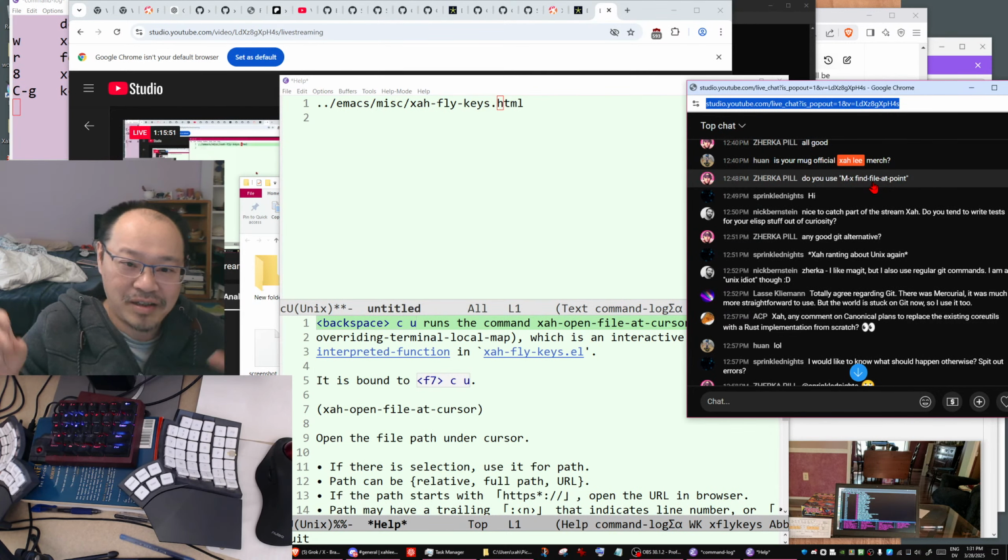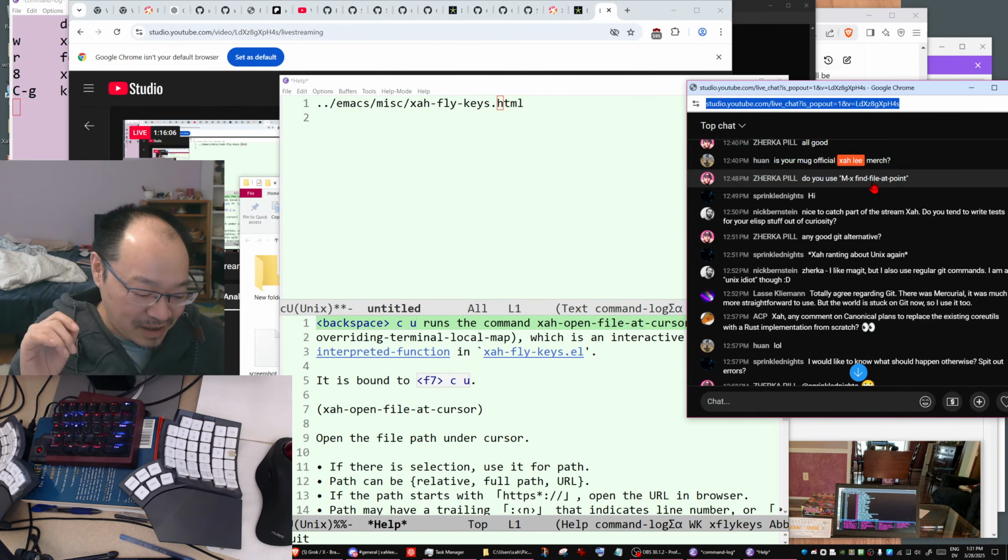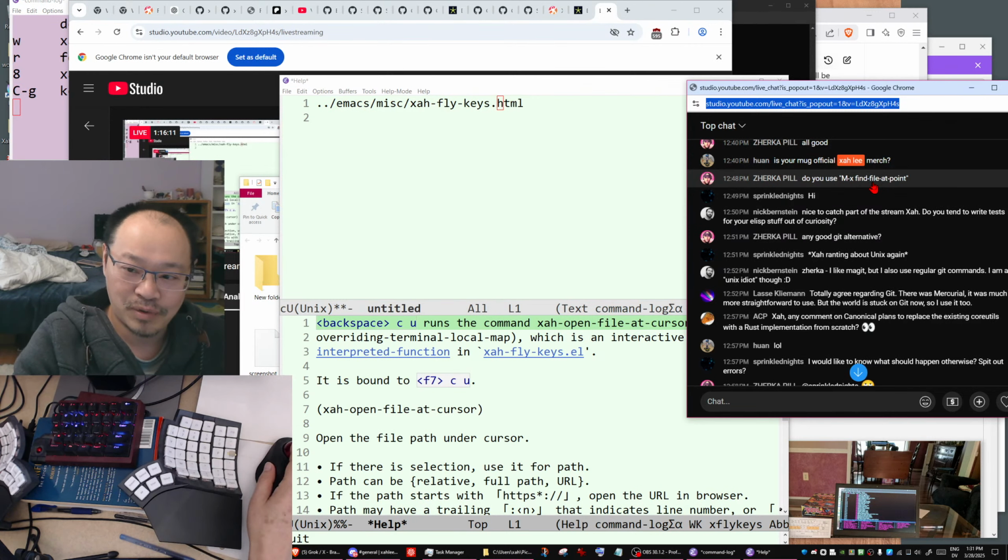To open a file in Emacs, it's called find file. You have to find. And the cursor position in Emacs is called point. So that's why you have find file at point. That decreases the popularity of Emacs, when it takes time to learn all these